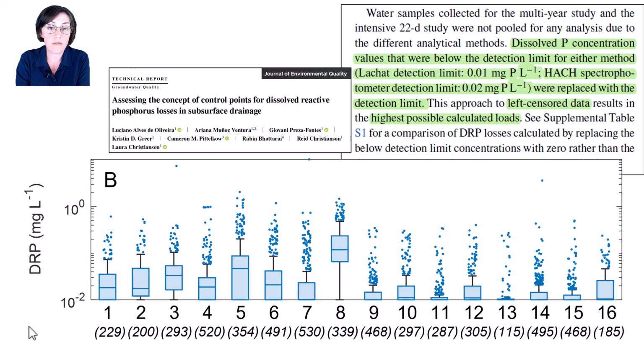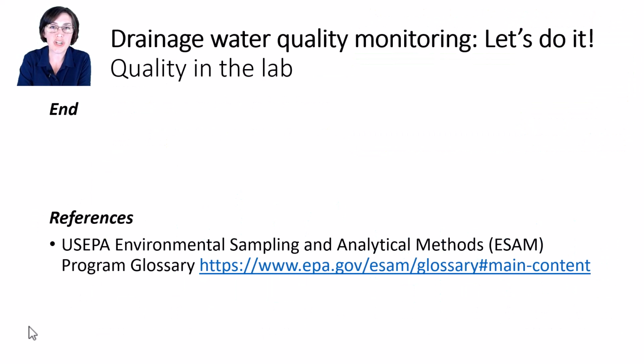This raises the issue of data censoring, or essentially how do you handle samples that come back below your detection limit. Options here include replacing that sample concentration with a value of 0, replace it with a value of 1/2 the detection limit, replace it with a value that is the square root of the detection limit, or replacing those sample concentrations with the detection limit, as we did here in this study. All of those options introduce uncertainty in your data, and the trick is to select and justify the best approach for your application. That's the end of the slide portion for this lesson.